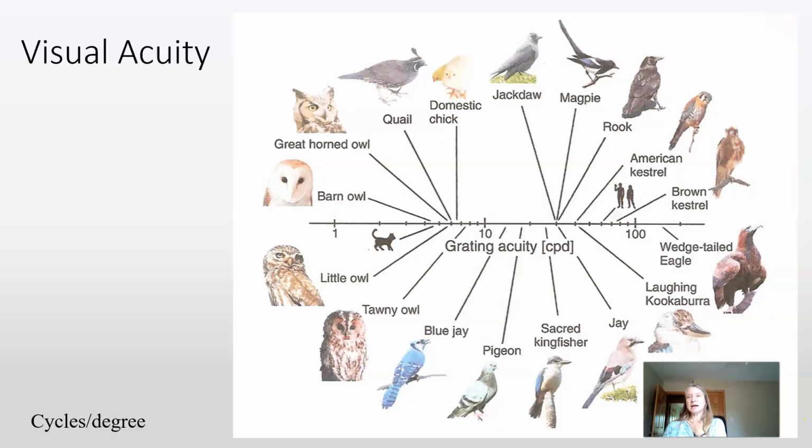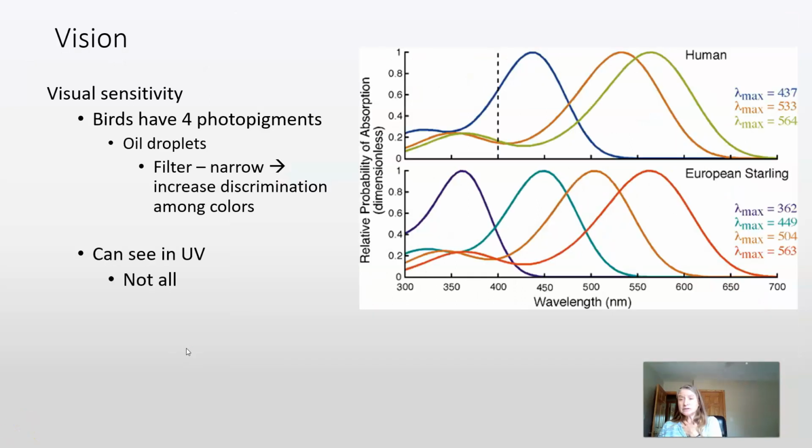All right, here I do want to highlight a little bit with visual acuity in birds. So birds do tend to have higher visual acuity than humans do, but not all. So this is basically the scale of acuity and how much acuity you have. And not surprising, these owls are on the lower end of the spectrum. And then some birds that are really using vision as part of what they do, especially like the wedge-tailed eagle that hunts from really, really far away, has high visual acuity, is up here on the scale compared to where humans are.